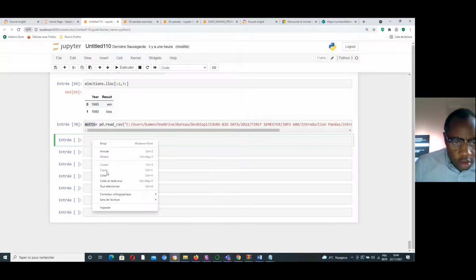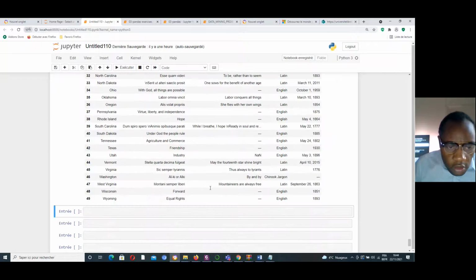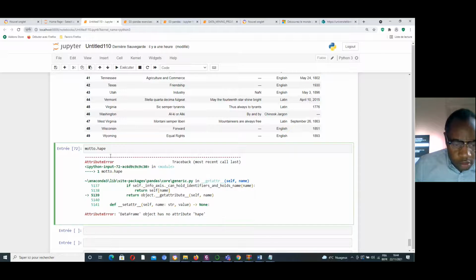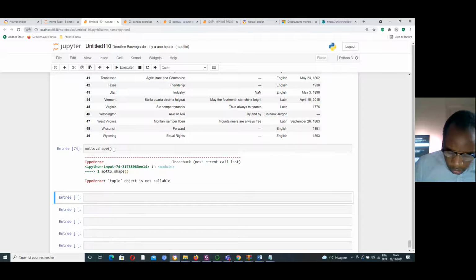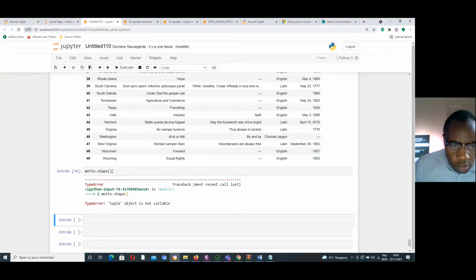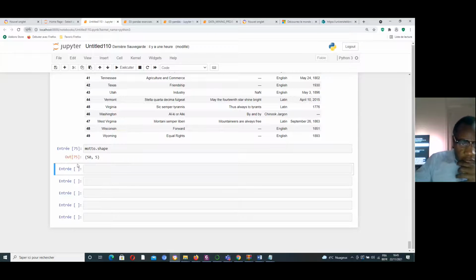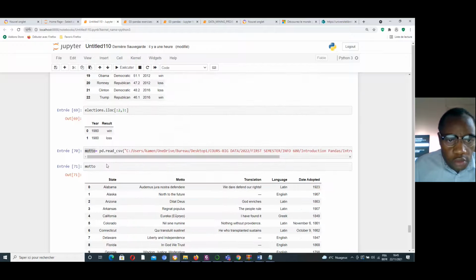I need to see this file. Okay, good. What is the shape? 50 lines and 5 columns.